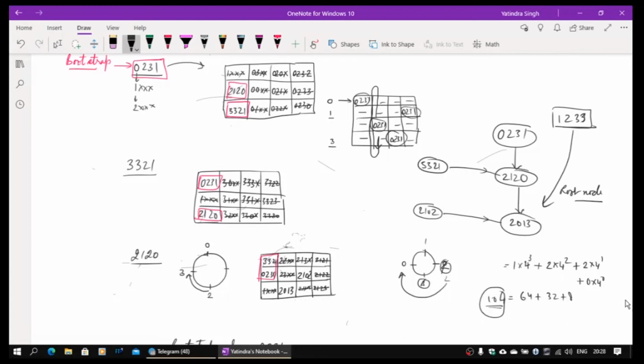Now, what we did when we are doing this algorithm, the first improvisation, as I said earlier, is this: we had a choice of putting 2120 or the other combination, any one of 2013 or 2102. Any one of these three can be put here by 0231. So 0231 should now do an RTT test.